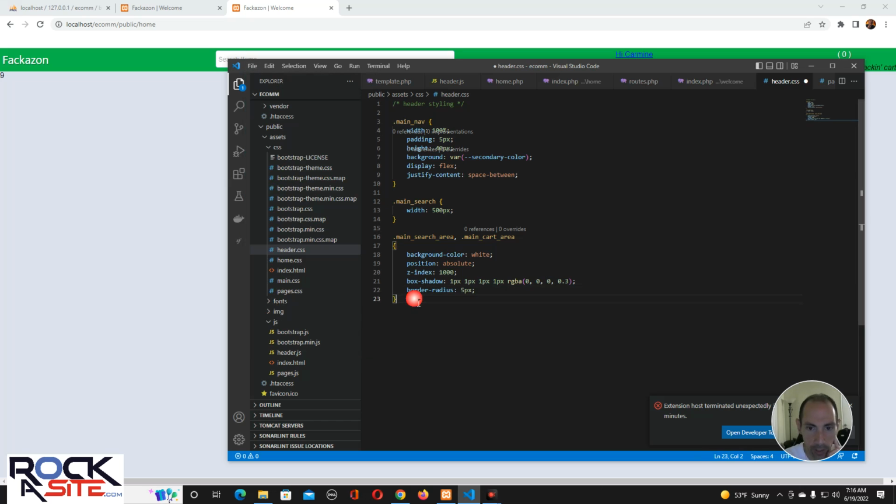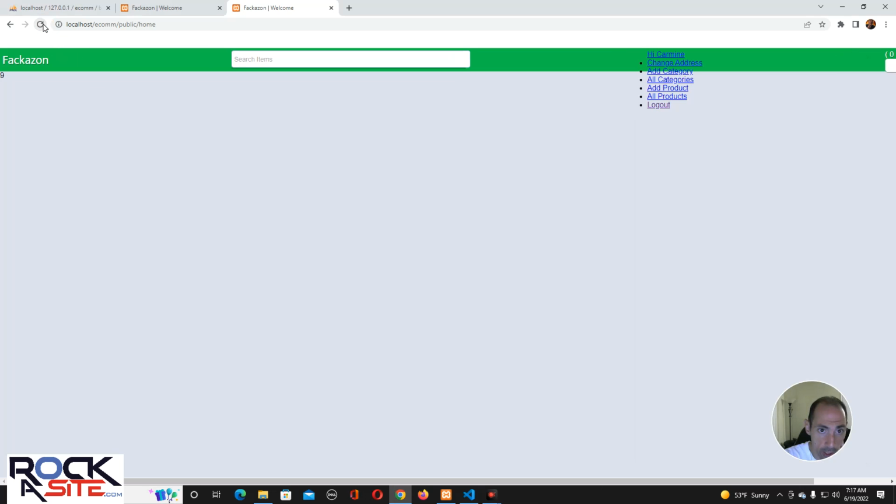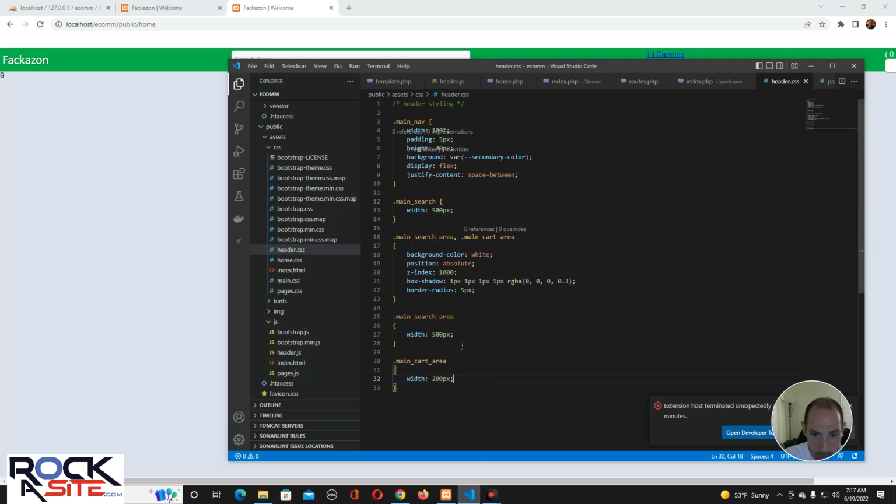We don't have any widths, so let's do a width for each. So main search area, we'll do a width of 500 pixels, and main cart area, we'll do a width of 200 pixels. Let's just make sure it actually shows. It shows, but it's like it's there, so you can see the shadows. But let's make the height too. Forgot about that. Height of 300 pixels